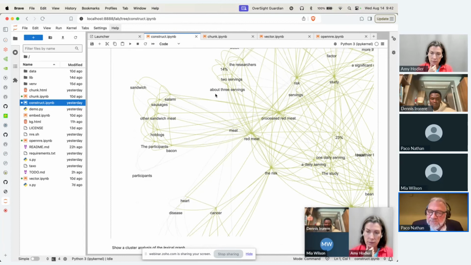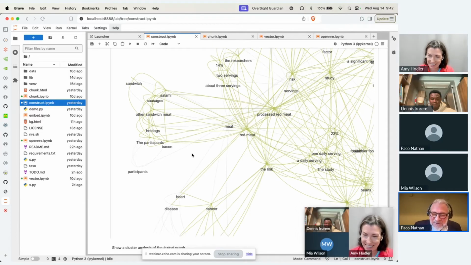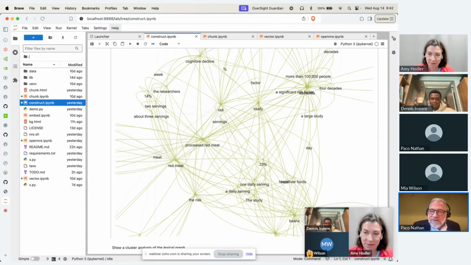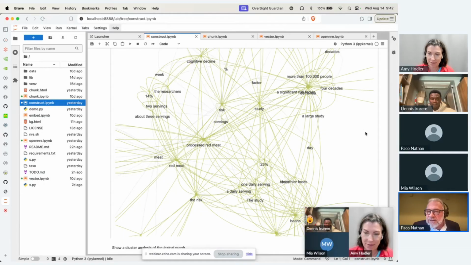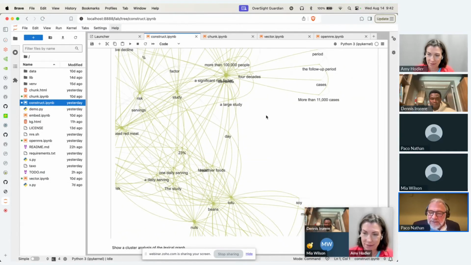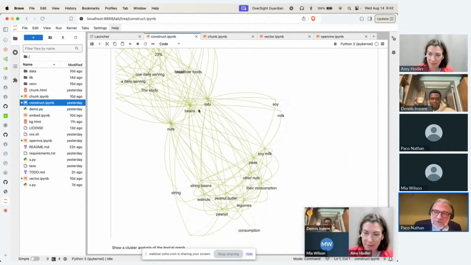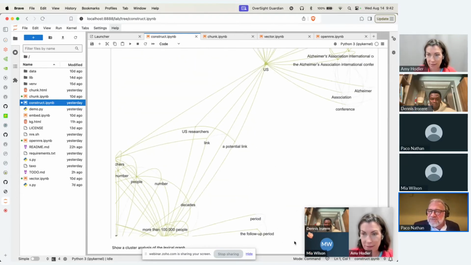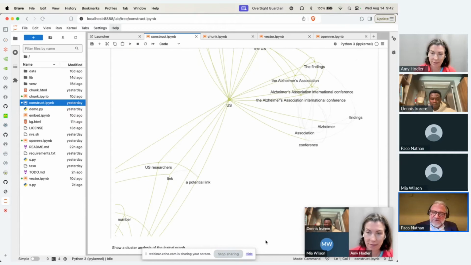I think it's pretty fun because the red meat clusters over here with salami, bologna, bacon, sandwich meat, all the stuff that's really tasty, but leads to this other cluster here of heart disease, cancer, type 2 diabetes, etc., but also has a lot of bearing on the risk of cognitive decline and dementia. And then over here we've got alternatives, healthier foods, like beans, tofu, soy milk, peanut butter. Actually, I eat a lot more plant-based protein these days. And then you have some other clusters that have to do with the associations doing research, etc.